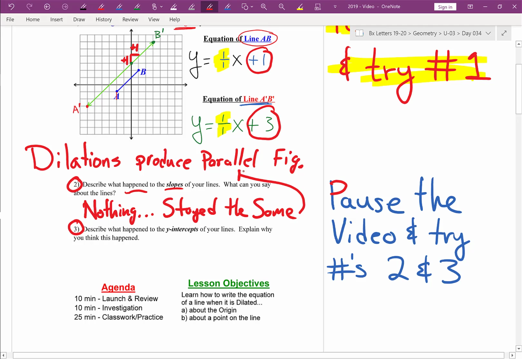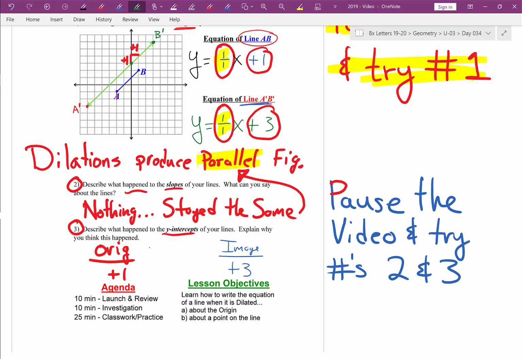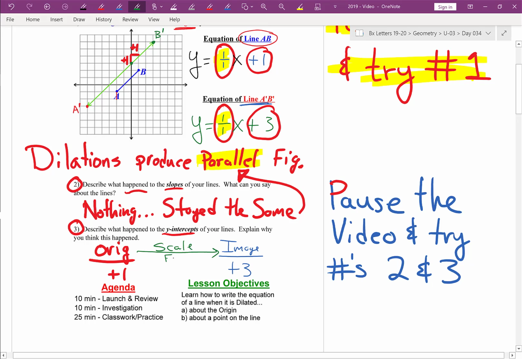And that's because dilations will produce parallel figures. And parallel lines need the same slope. That's why slope stays the same. Now the y-intercept, on the other hand, the original was plus 1. And the image was plus 3. So what's happening from original to image is that it's getting multiplied by the scale factor. So the scale factor was 3, so when we multiply that,